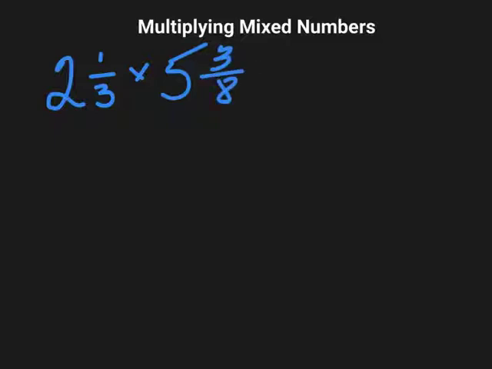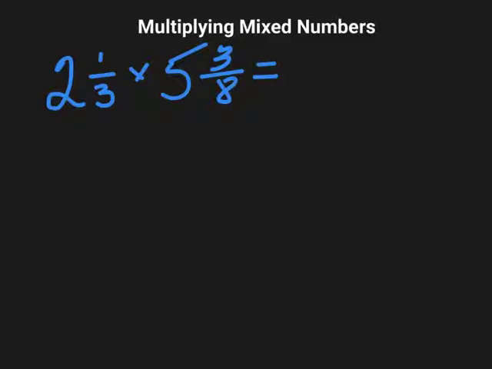Hi, in this video we're going to be multiplying mixed numbers. So let's get started. We're going to be using 2 1/3, multiplying it by 5 3/8. First thing that we're going to do to multiply mixed numbers, we first need to have our mixed numbers